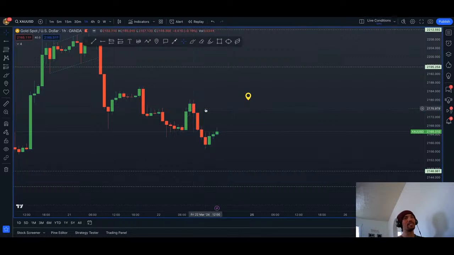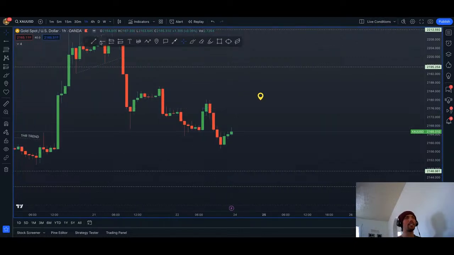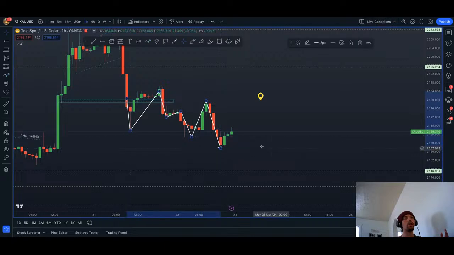As price is coming down, since there weren't any lows on this side other than this one that we were looking to fill, but obviously as price broke below here with this wick down, came back up, and now again making lower lows,